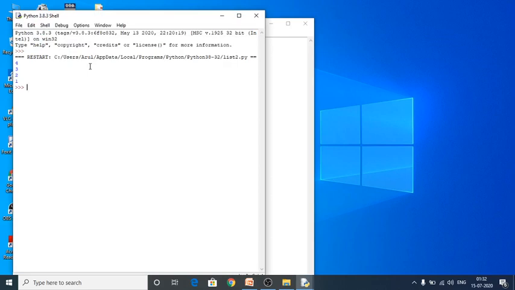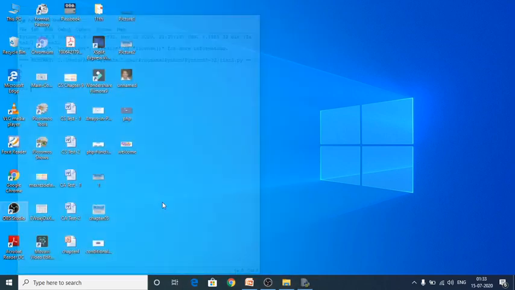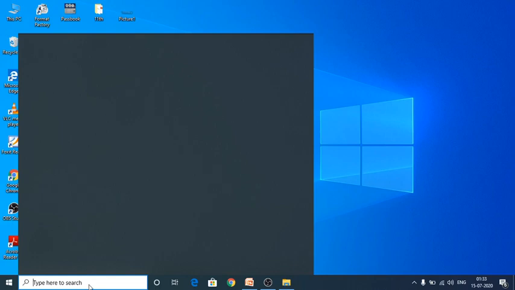And next one is list length. So length is nothing but len. It is a Python function. Every programming language has a length function. The length function is used to retrieve the length of the list, how many elements are there. That is the use of the len function. So now I'm going to show an example for that also.